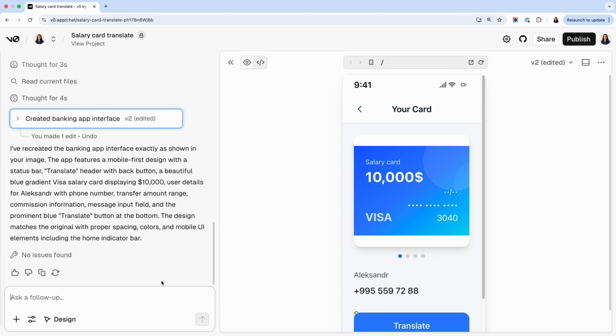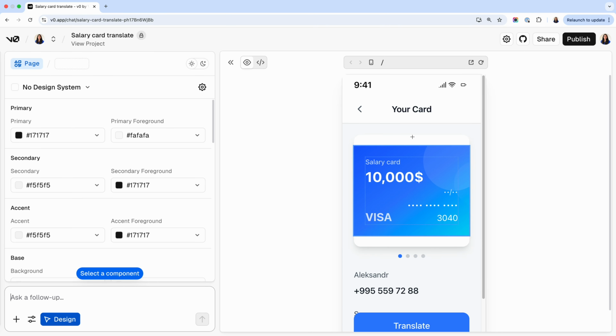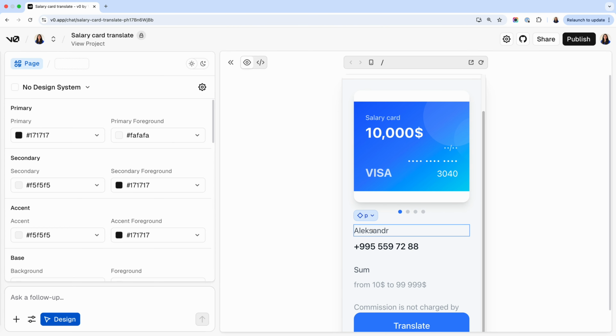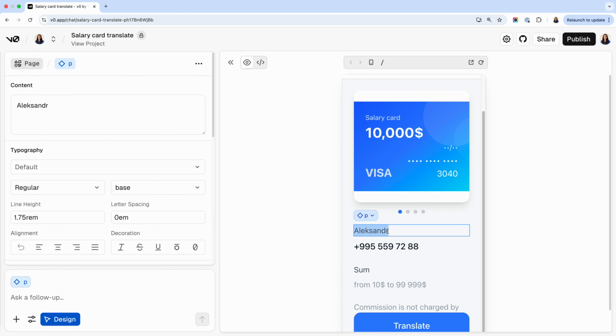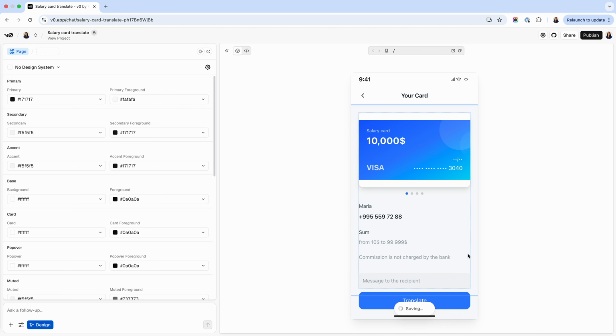So as you can see on the screen, in Vercel, you have this option called design. It's enable design mode, and when you click on it, everything on the right hand side becomes instantly editable. So in this case, suppose I want to change the name, I will click on this element and double click it again in order to make the change, and I will replace it with Maria. Click on save and that change gets effected.